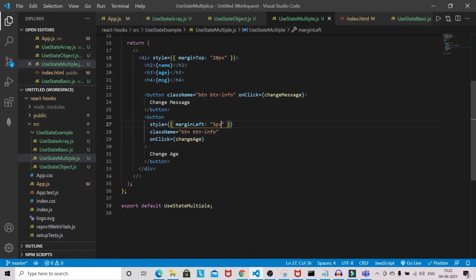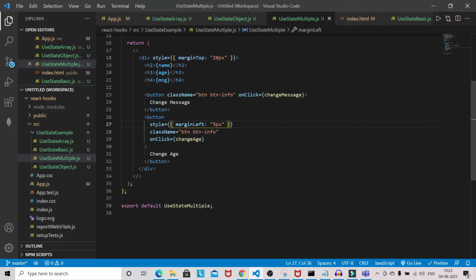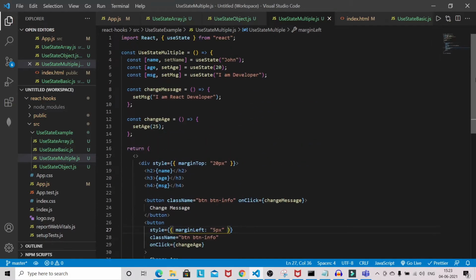Okay, so let's see, we got a little bit of space between these two buttons, so you can change the message and you can change the age as well. So I hope you have understood the multiple useState, how you can use multiple useState in a function based component.